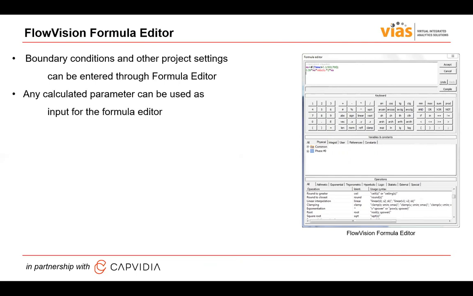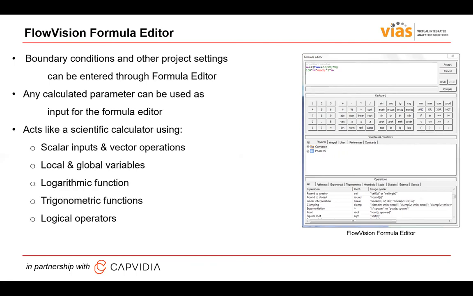And any calculated parameter can be used here as an input. The main things like time, of course, you can already use, but apart from that, like the average pressure on some surface, average temperature on some volume, maximum value of total pressure at a specific location, whatever, if it's calculated in the CFD equations,